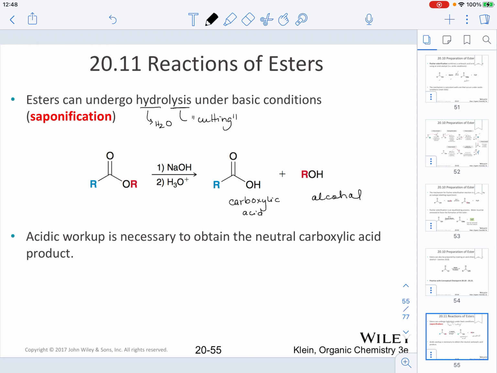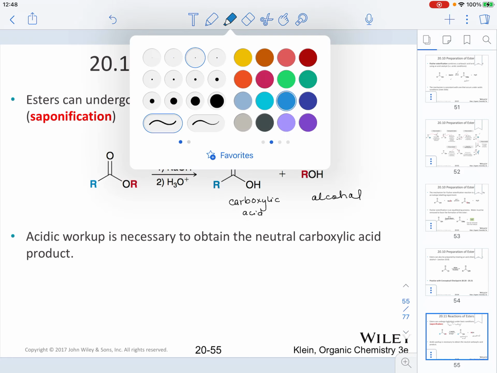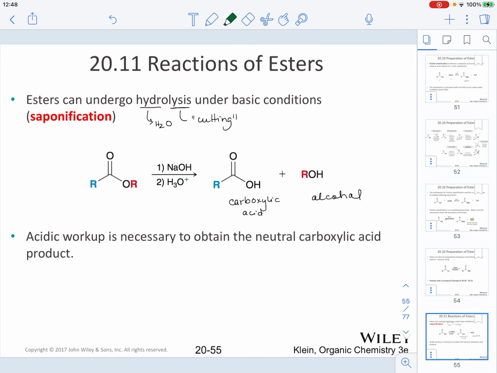So, how do you know which part of the molecule is which? As you can see in the labels that we have, the group that is bonded to the single bond oxygen in the ester is what is going to be part of the alcohol. Whatever group is attached to the C double bond O, that's what forms the carboxylic acid. So when hydrolysis is occurring in an ester, I'm just going to do a green dotted line. We're cutting the molecule here,